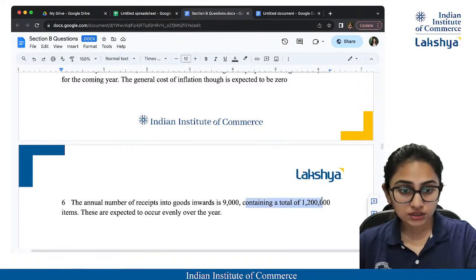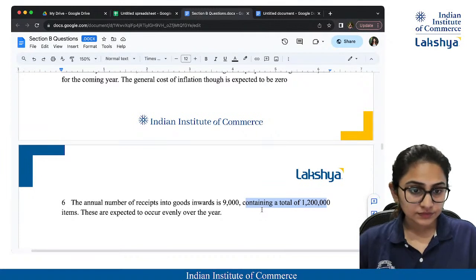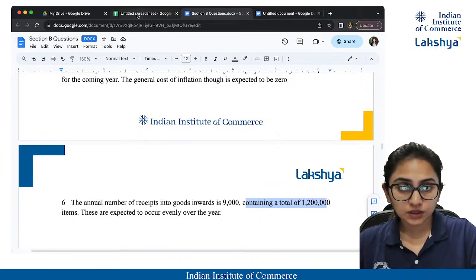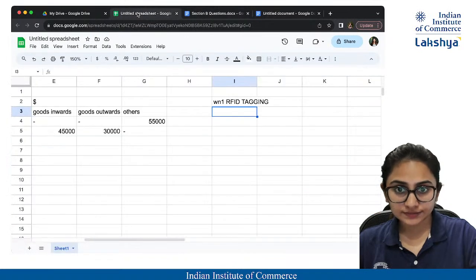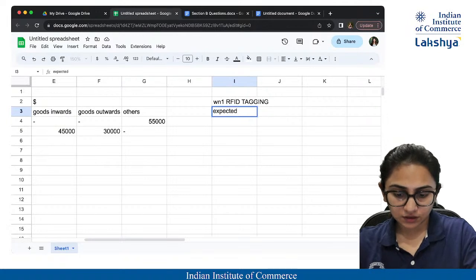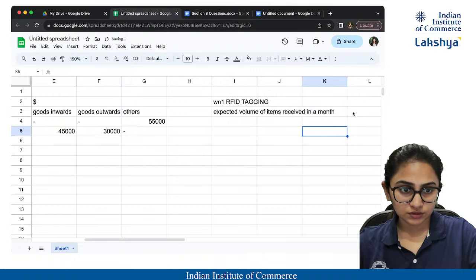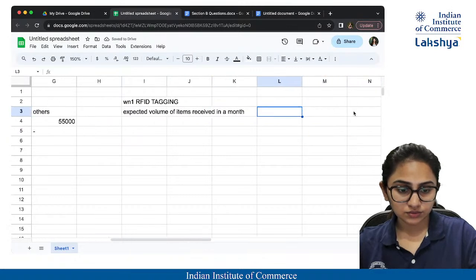The total annual receipt is 12 lakh. Right? So per month कितना हुआ? 1 lakh. So expected volume of items received in a month is how much? Is equal to